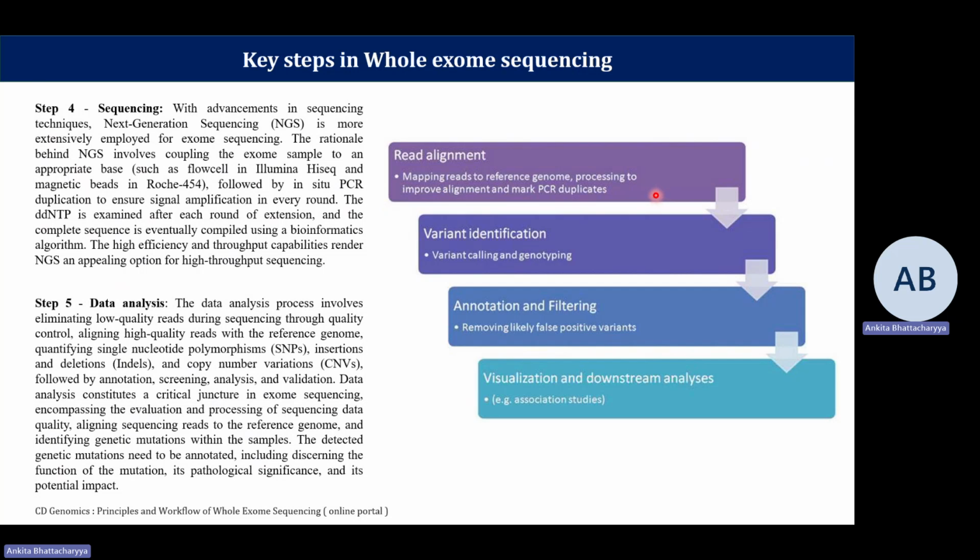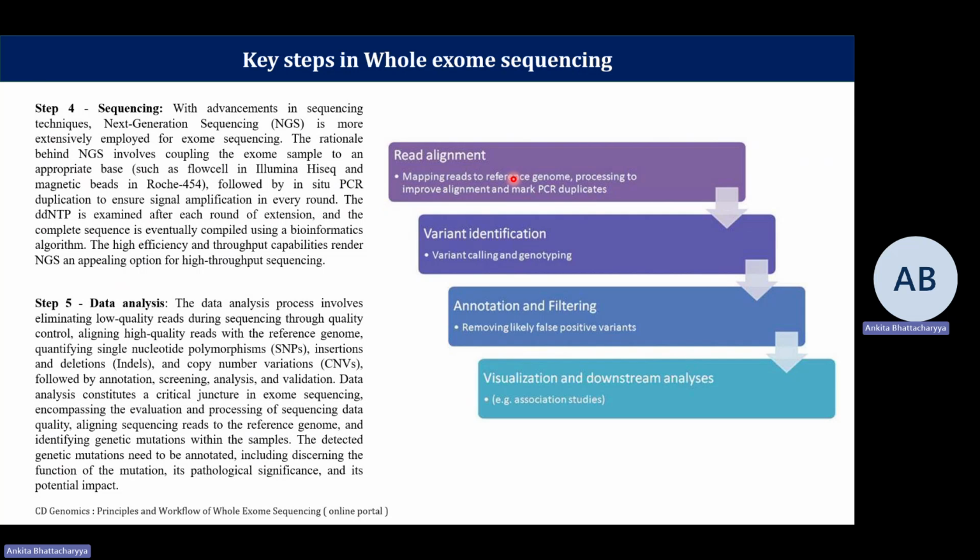Now, an overall summary of the steps which are carried out, after which we'll take up the library preparation in a lot more detail. First, you have to align the reads, which means you have to map the reads that you get as output of the whole exome sequencing project. Those reads need to be mapped to the reference genome, which means that they basically need to be decoded to see where they have come from. And you have to process it, you have to improve alignment, you have to mark PCR duplicates,